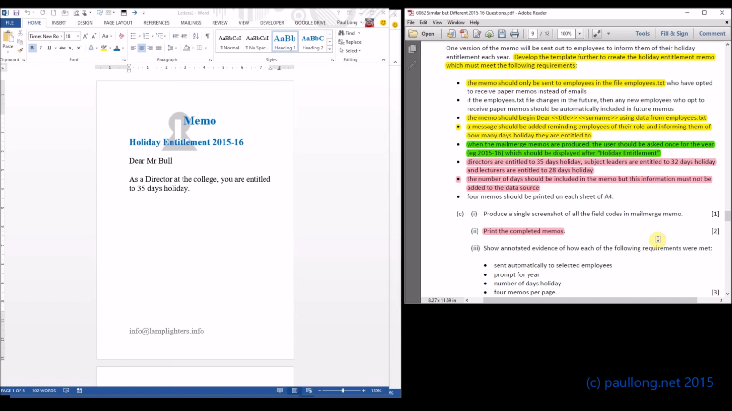Okay, so that is the end of 2C part 2, and now all you've got to do is show the annotated evidence, which will be in the next